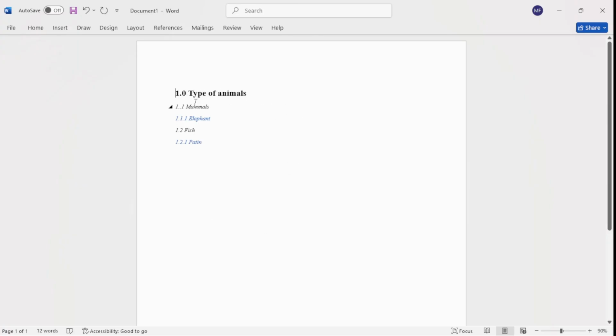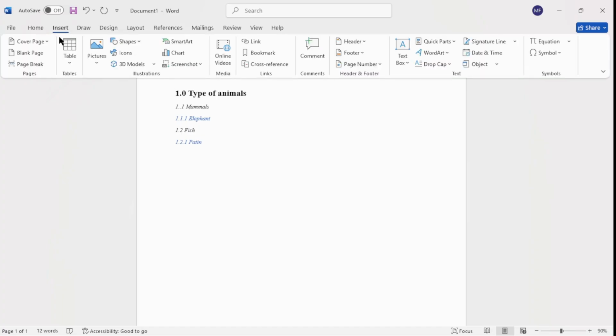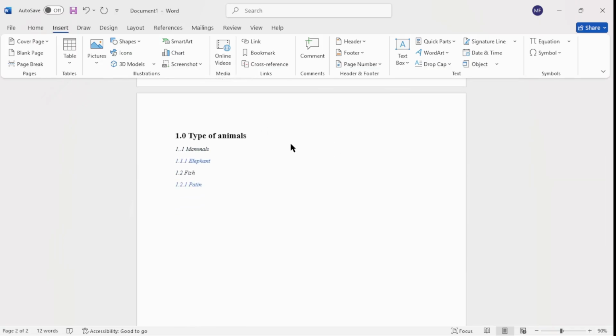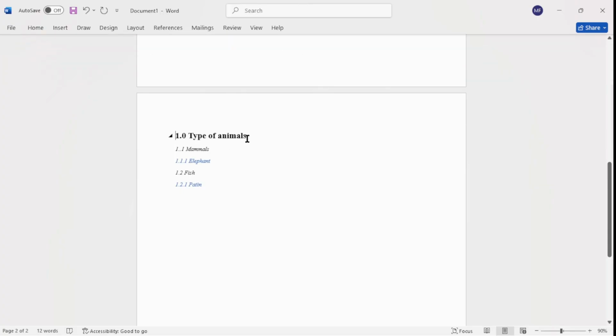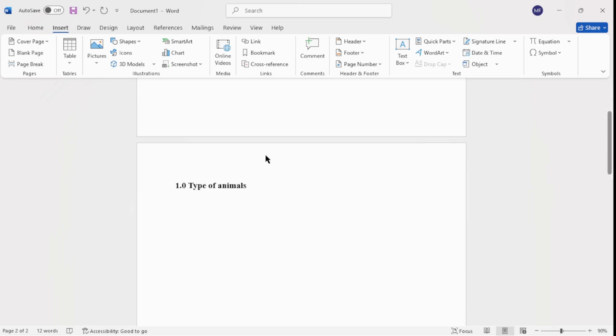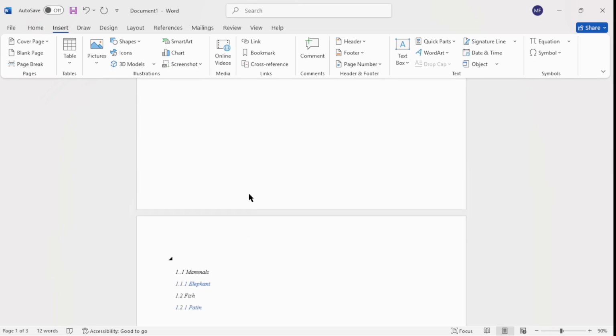You need to put your pipe at the beginning and click on Insert. When we go to Insert, we need to use page break so we can get a new blank page to put the table of content. When we want to separate it, you just put the pipe at the end of your word, go to Insert and page break. So now your types of animals is on another page.